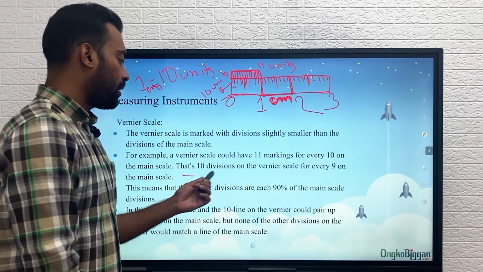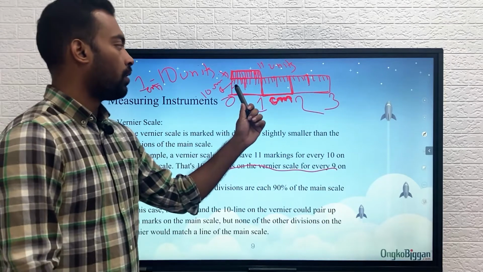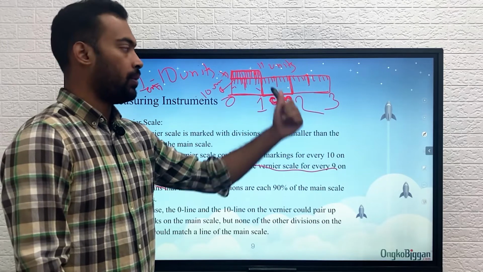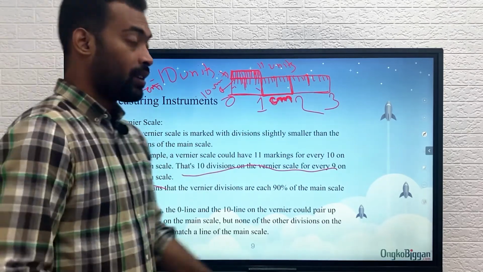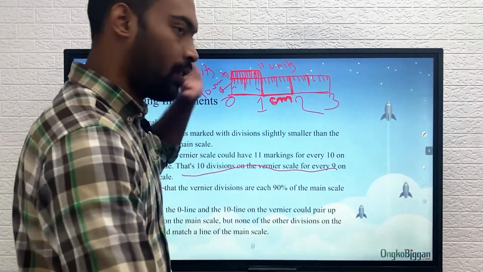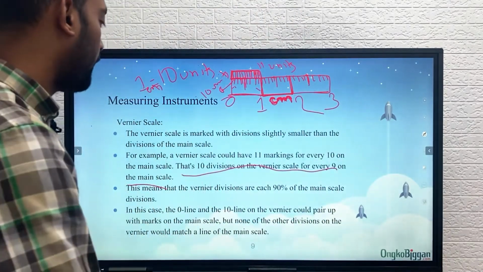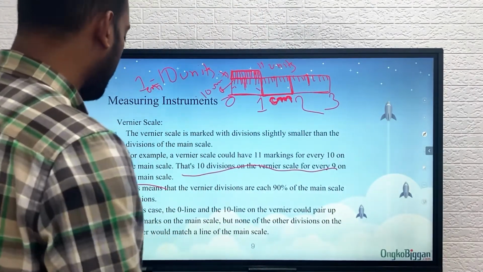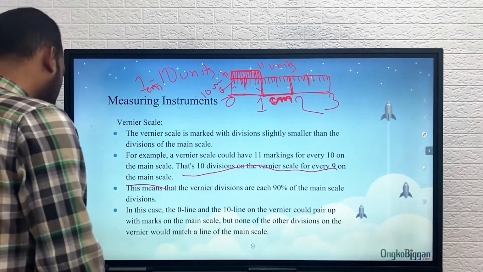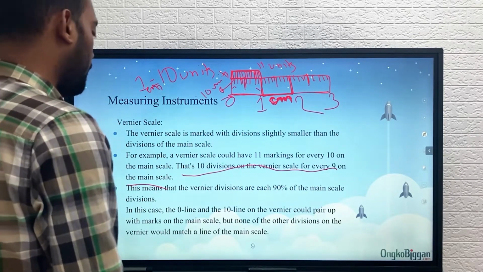The 10 divisions of the Vernier scale fit for every 9 on the main scale. Okay, things might sound confusing. When you see this in your laboratory, you will understand it properly. But for now, just understand the concept. This means that the Vernier divisions are each 90% of the main scale division. In this case, the 0 line and the 10th line on the Vernier would pair up with marks on the main scale,